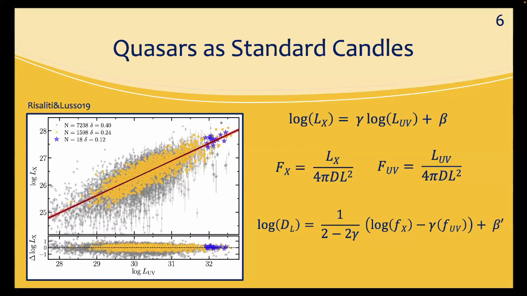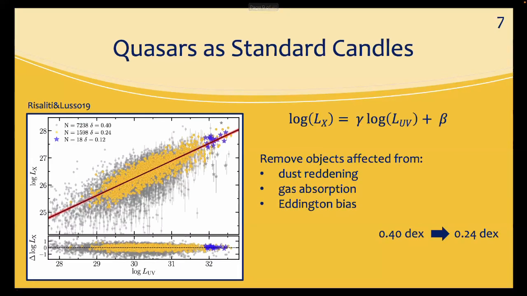You can see here the gray sample is a sample of 7,000 quasars, and considering this is a log-log scale, you can see how big the scatter is. We usually parameterize it with this dispersion parameter delta, which here is 0.4 dex, so too big to do anything with it. However, it has been shown that most of the dispersion is not intrinsic to the relation itself, but is due to observational effects that we can remove in large part if we select our quasar sample accordingly,